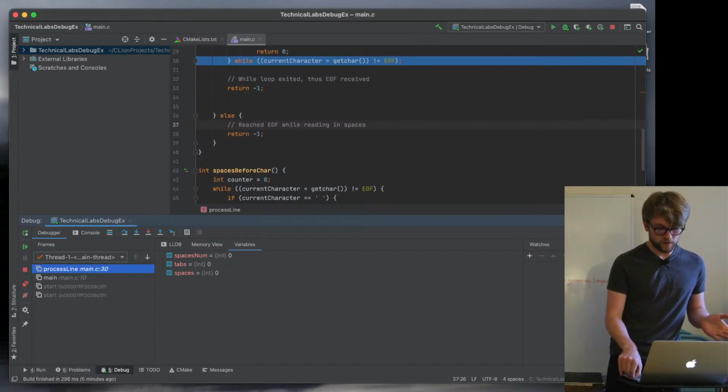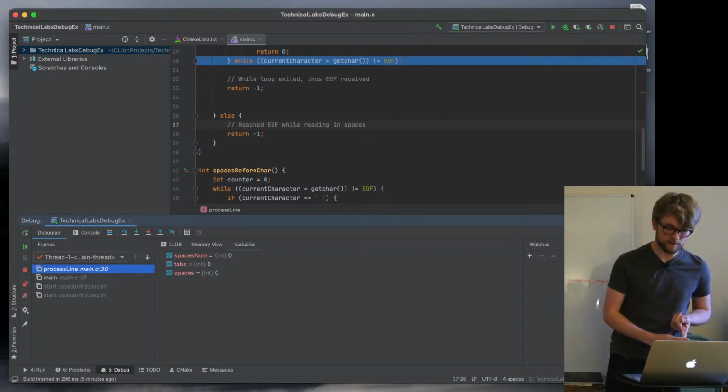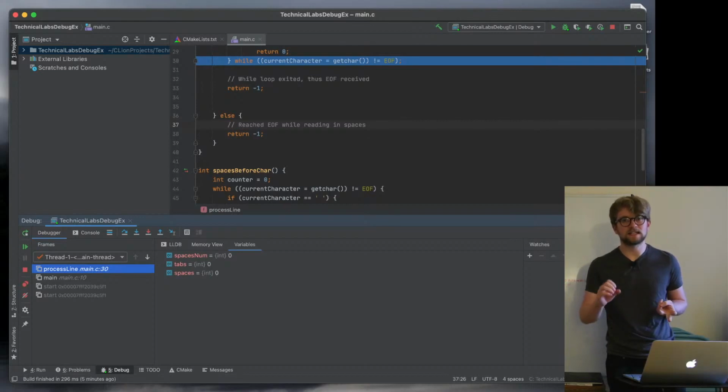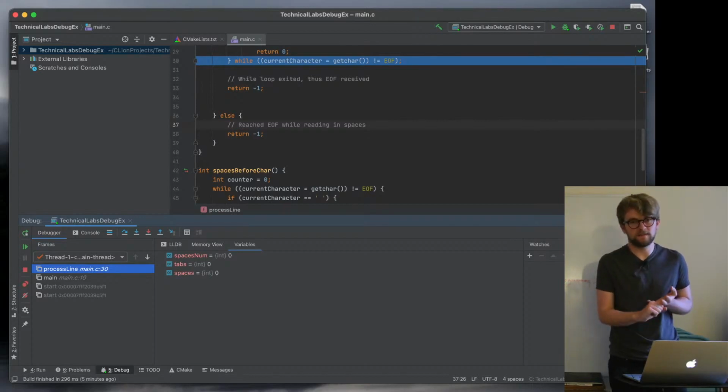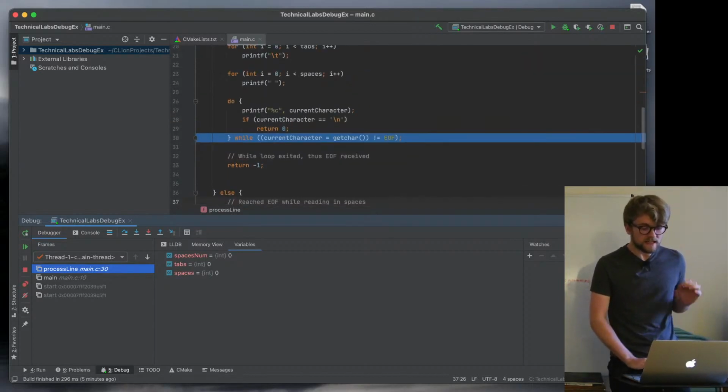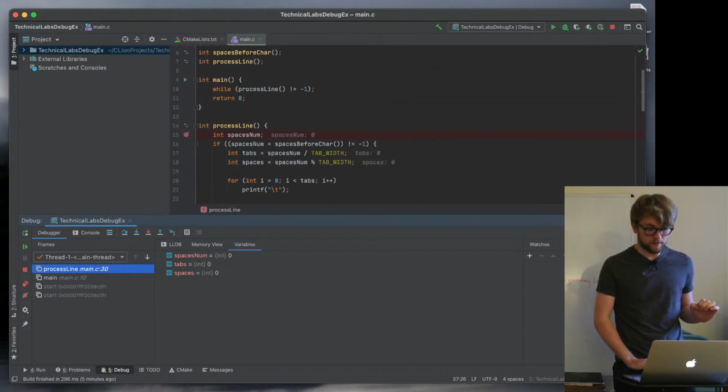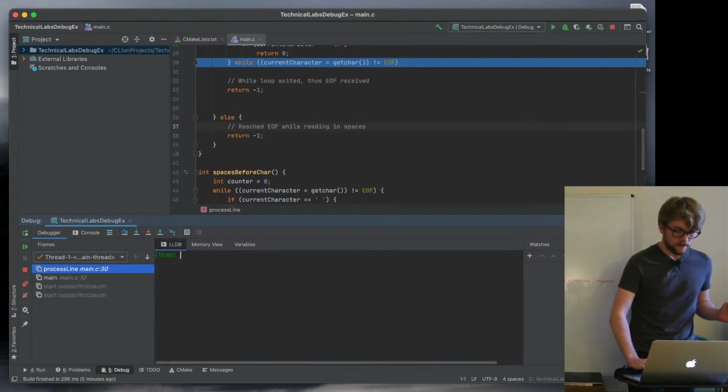When you've got a halt, you can inspect the values of variables. You can inspect the stack. You can inspect variables, and you can see exactly what the problem is. If you use LLDB,